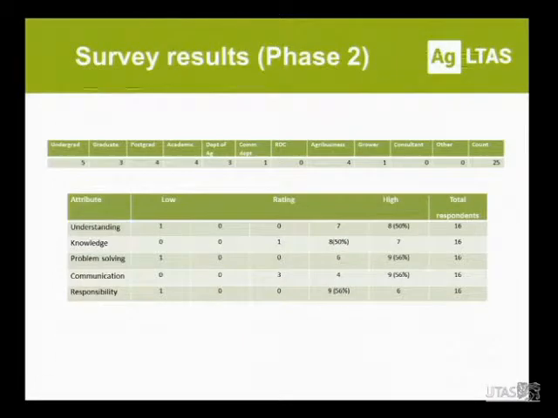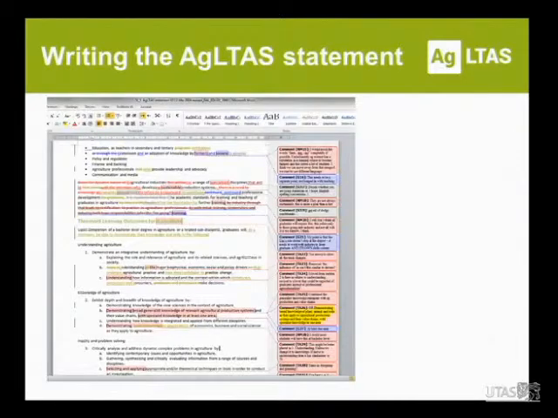Now, with that collated information, and including another survey just shown here, as you can see, obviously vocational knowledge and training has dropped out, and instead the remaining attributes are all mostly highly rated. Okay, so we felt like we were on the right track with the types of attributes that were included in the TLOs, and it came down to the nitty-gritty of actually writing the AgLTAS statement, which was, you can imagine,